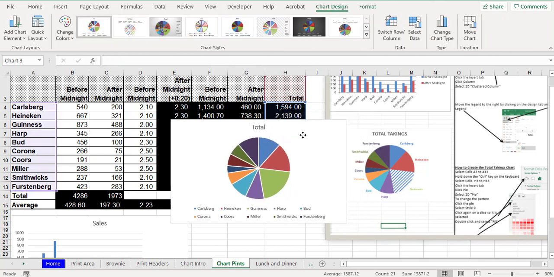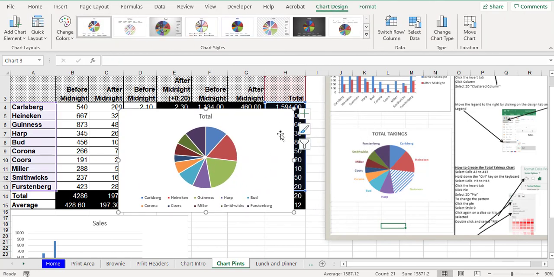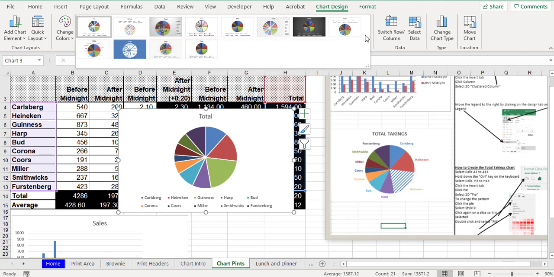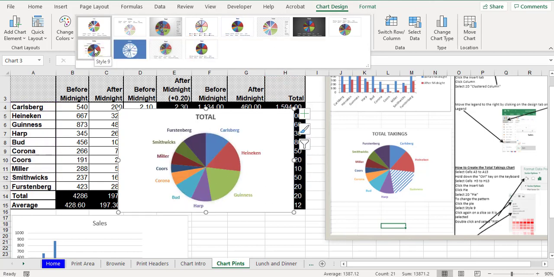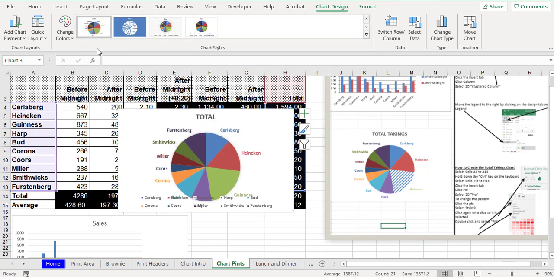Now that's looking fine, but actually it's not exactly as I wanted it. So if you go to the chart design option and you look in here, you can see there's an option here which actually color codes the text all around. It looks good, but it color codes it all around. So we're going to start off with that. Okay, first thing I'm going to fix is the heading. It says total, it should be takings,